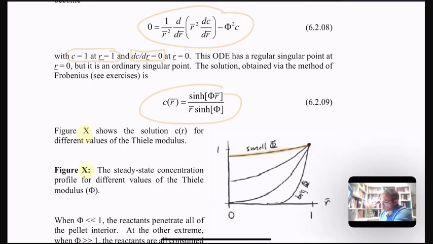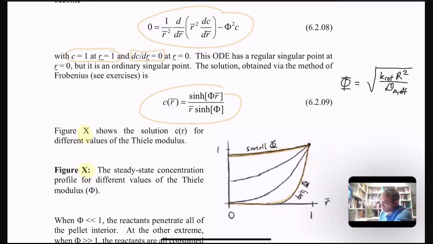When the Thiele modulus is very large, the reactant concentration gets consumed before it ever penetrates beyond the outer skin of the catalyst pellet. Let's think about why that would be. Let's go back and remember what was the definition of our Thiele modulus. So when the Thiele modulus is very small, it means that the diffusivity is fast compared to the characteristic reaction rate. And that's why fast diffusion and slow reaction allows our reactants to penetrate all the way into the interior